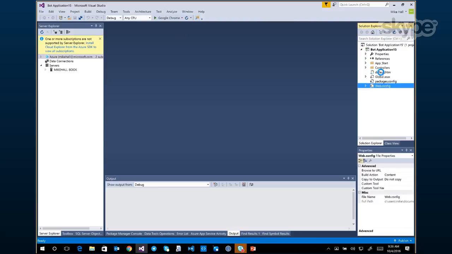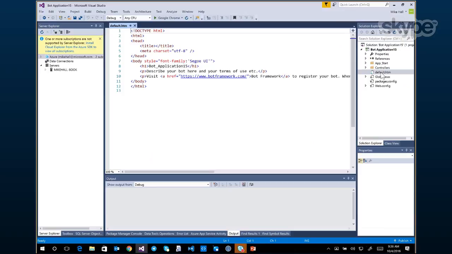The second thing to think about is a file that is included within the bot template, which is called default.htm. When you write your bot and you publish it, your bot is running as a web service in effect. That means that it's on some public address. Somebody could browse to that public address, and what will they see when they get there? Well, the default app template gives you this very basic HTML page that says, "Hi, I'm bot, and you should probably change this page."